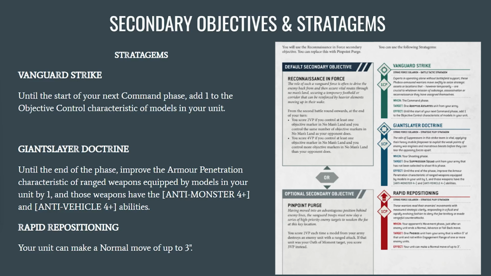Moving on to stratagems, you've got 3 stratagems like every other combat patrol that you're going to be able to choose from. Now remember, and I say this in every video, stratagems are just little enhancements. You can spend a command point, and they're like little things and skills that you can give your army to give you an edge during the battle. So the first stratagem is called Vanguard Strike, and this is going to happen in the command phase. Until the start of your next command phase, add 1 to the objective control characteristic of models in your unit. So pretty good. You're going to get +1 to your OC